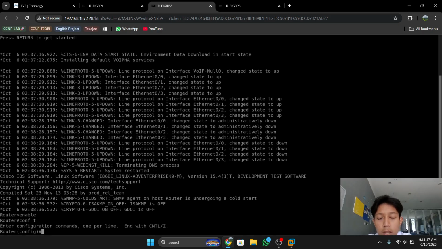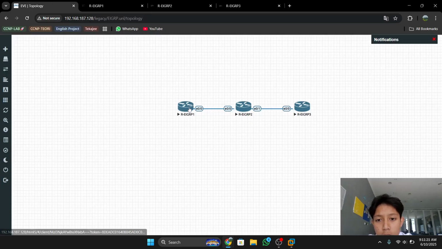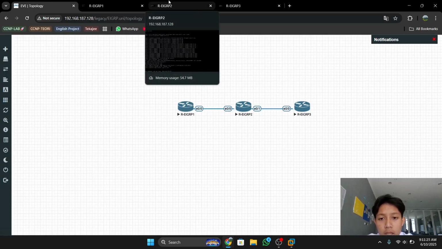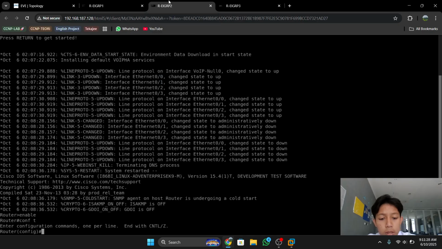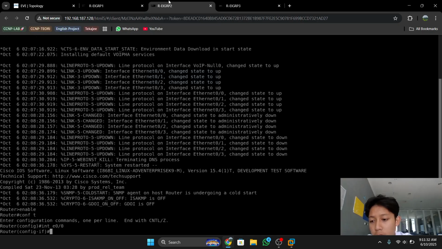You can enter the interface that connects to router 1 first. For example, that's interface Ethernet 0/0, and then you must add an IP address in the same IP network as router 1.